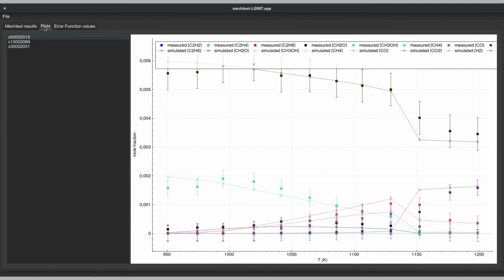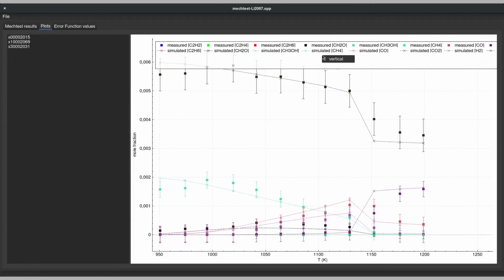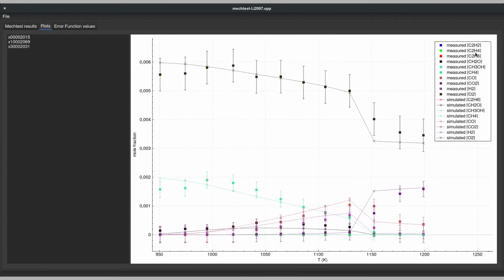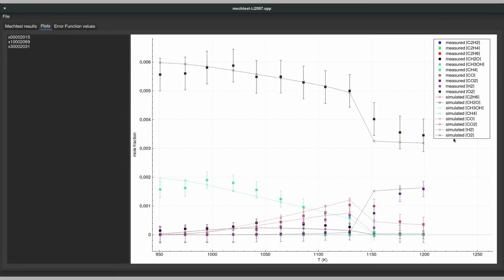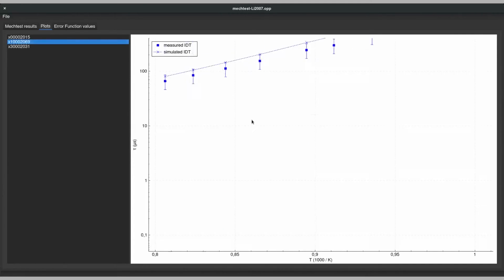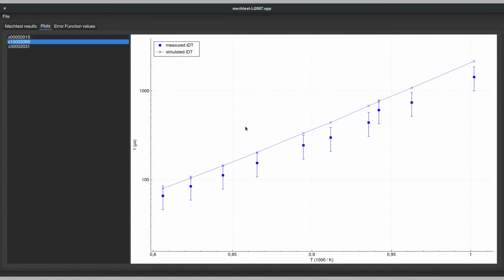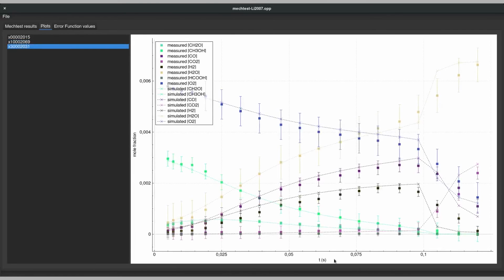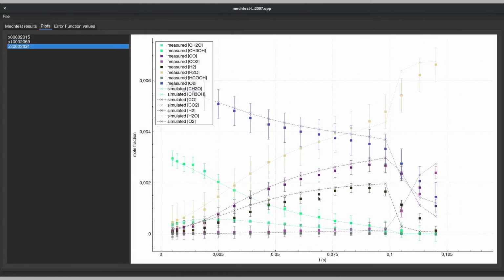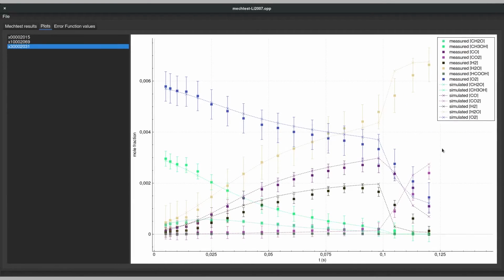The results can also be visualized by Optima++ using the Plots tab. As you can see, the simulated concentration profiles and ignition delay times are in very good agreement with the experimental data. This can be quantified by calculating the error function value.